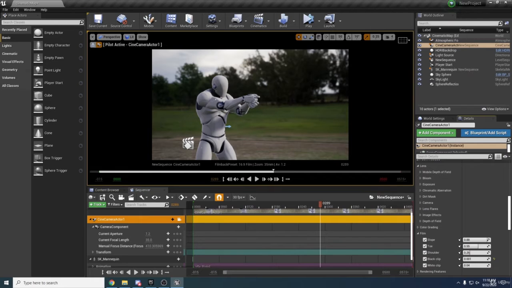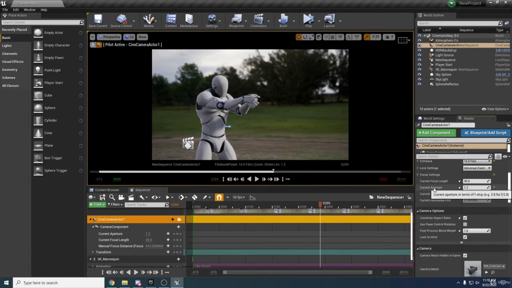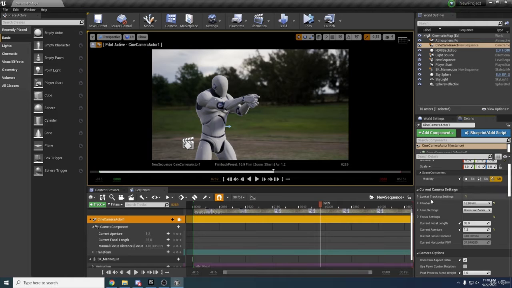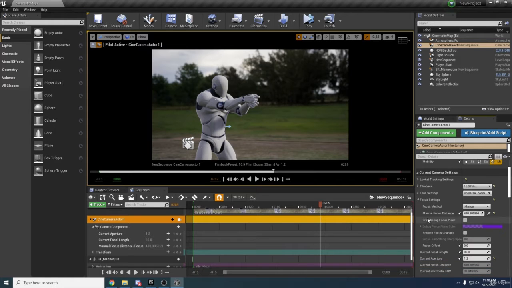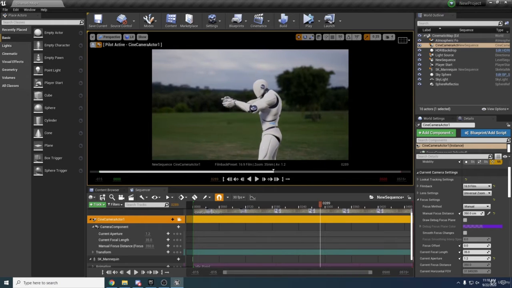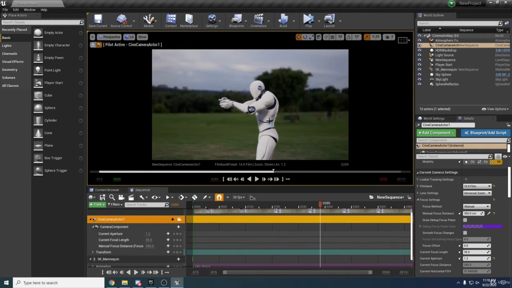Now let's add the depth of field. If you remember from before, we have some depth of field settings here. If you look at focus settings, we've put it on manual, and let's change this to 350. Now that we're in pilot mode, let's get a nice angle here and see how we can manipulate the